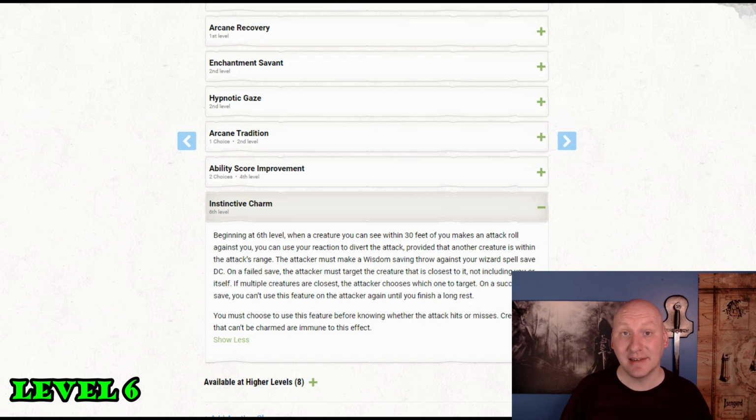So to some extent, there's some redundancy between Instinctive Charm and the defenses we already have, but this does create some versatility. It gives us another resource we can use. So when I'm playing a character that needs to be careful about defense, something like Instinctive Charm is a great addition. One more thing to note about Instinctive Charm is if a DM was to hit you with a critical hit,